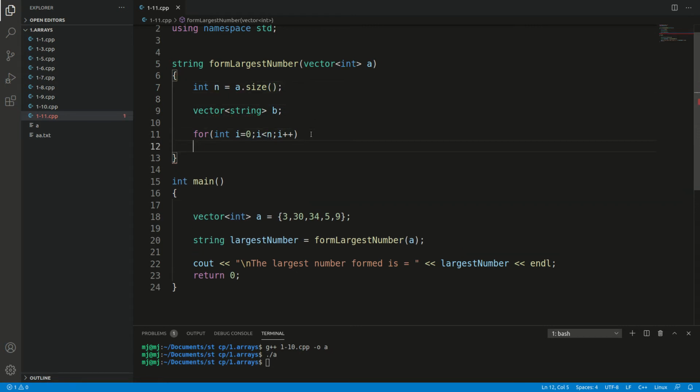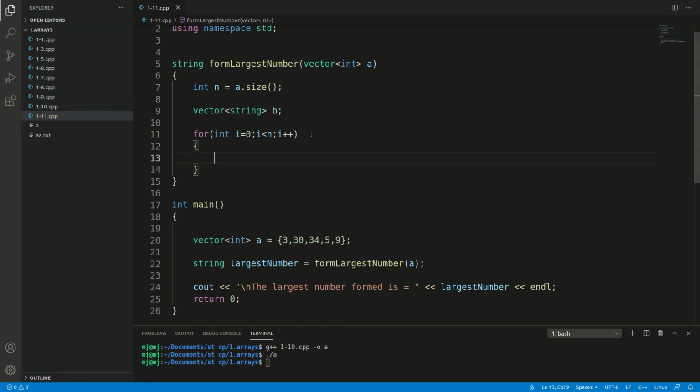So we are looping through all the elements. Now what do we need to do? We need to push, or insert, these elements in the form of string into another vector b. So b dot push_back, and what should be here?